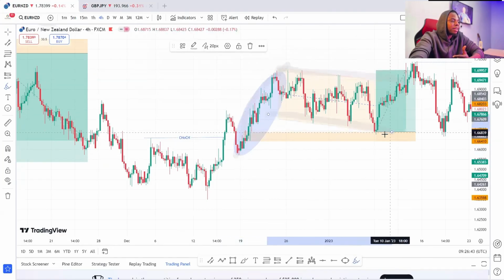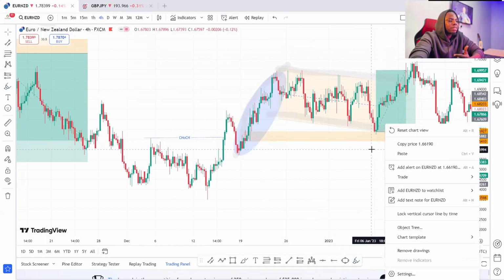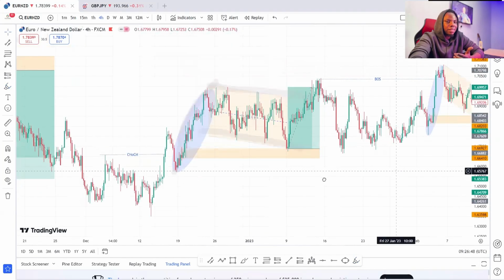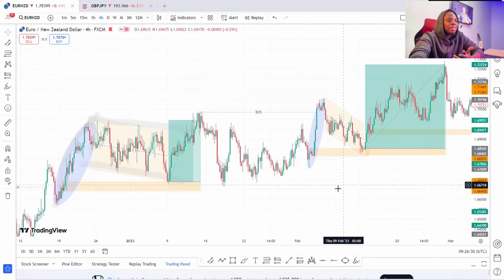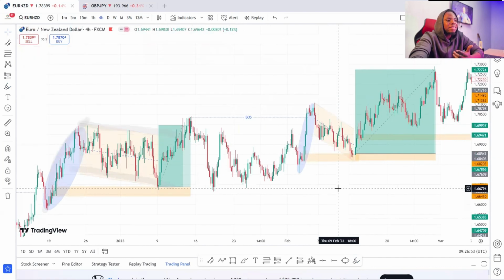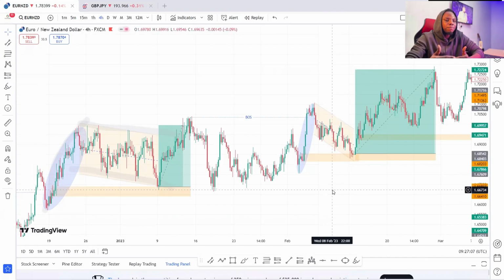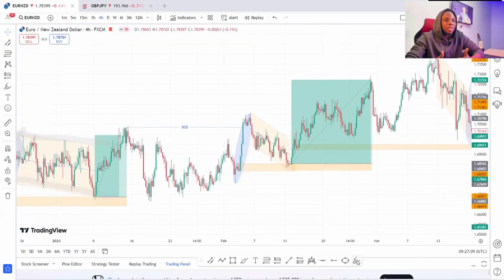Here again, what happened? We got another change of character to the upside. Then we expect the market to do what? Create an impulse movement. Look at the correction. This is very easy. The market will always show you its direction. The only reason why we struggle most in the market is just because we are not being patient to wait for the market to present to us these edges or these conditions which we've taken our time to build a lot of data.